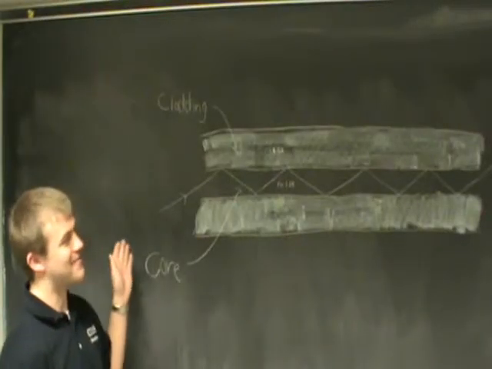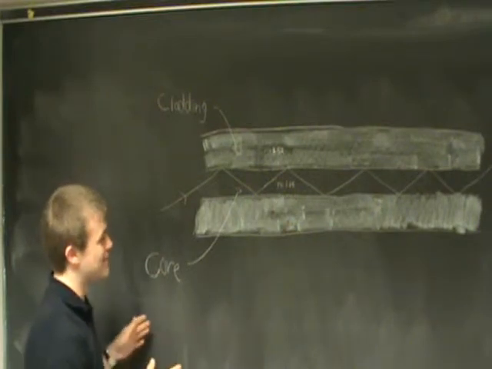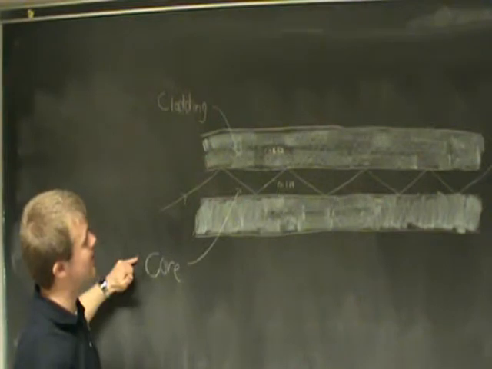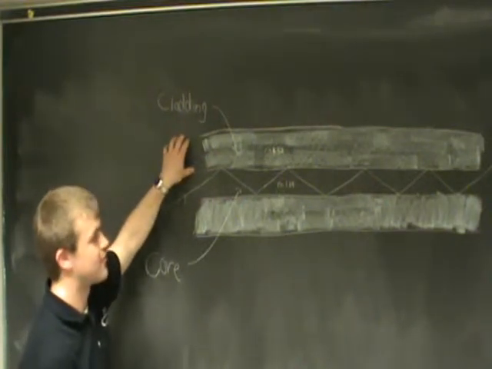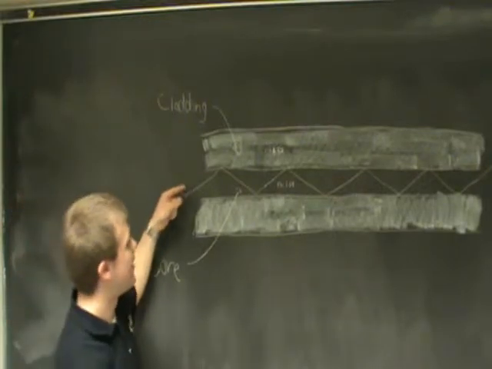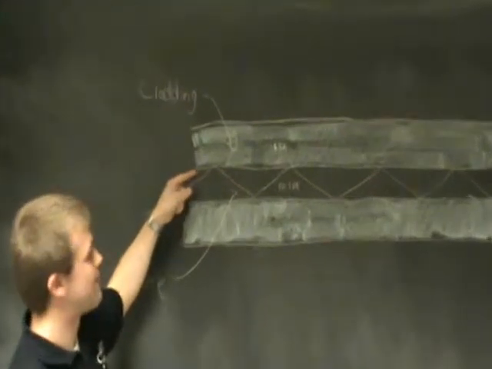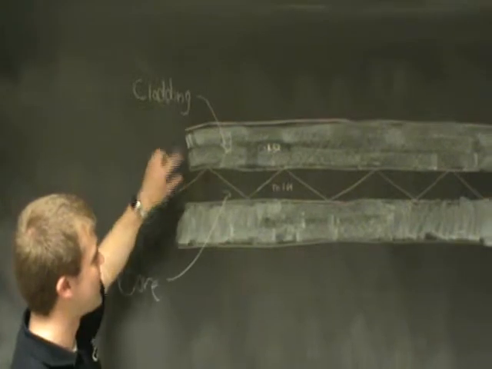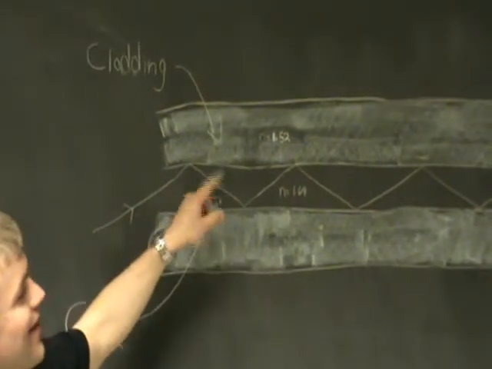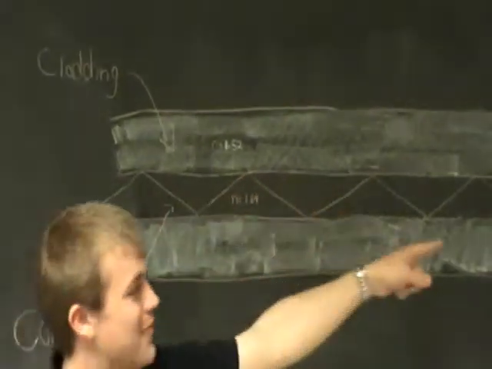Okay, so here we have a diagram of a typical fiber optic cable, also sometimes called a light pipe, in which there's a cladding and a core layer. The cladding layer is of a lower index of refraction than the core layer. So what happens is the light enters into the core of a fiber optic cable, and as it reaches the cladding-core interface, it internally reflects, and then it keeps bouncing all the way down the core of the